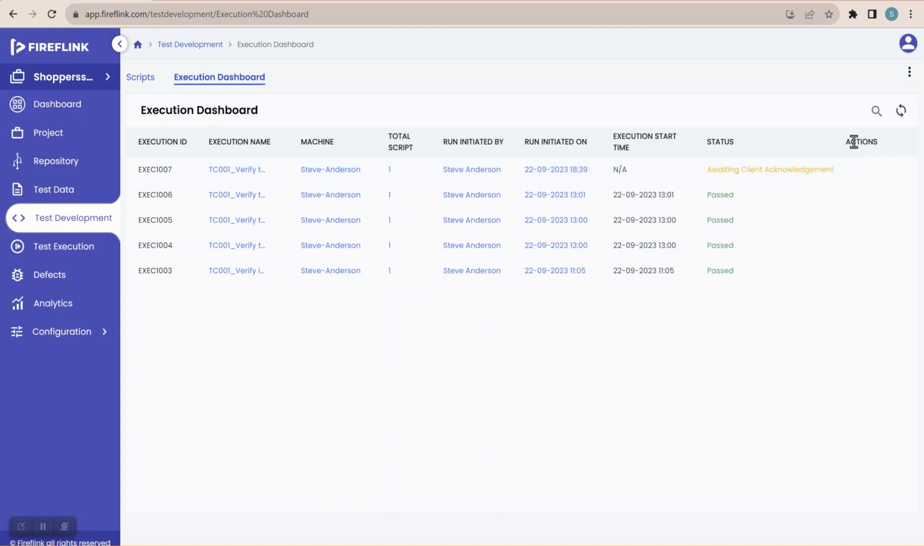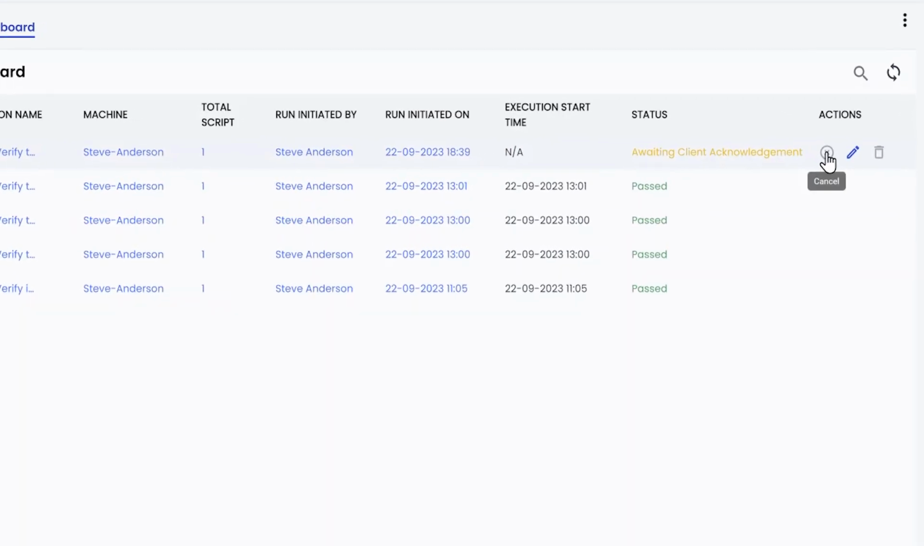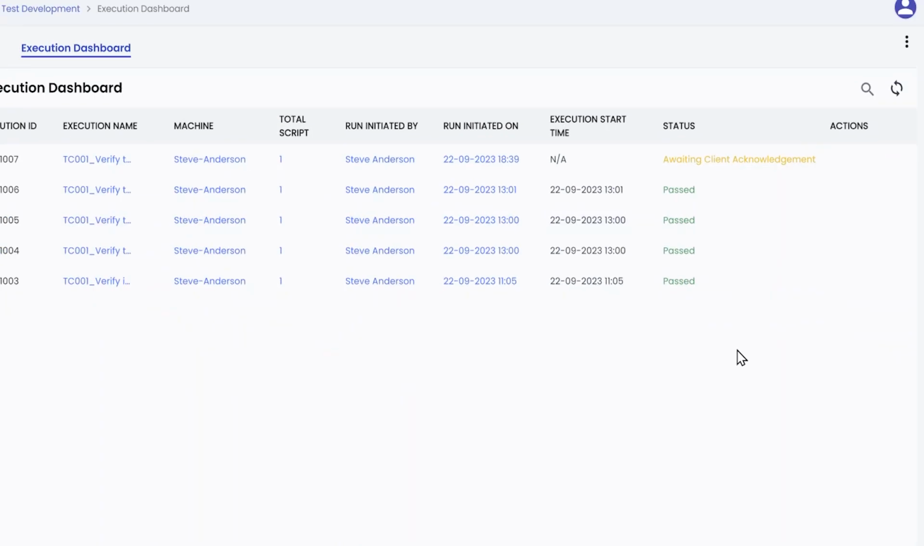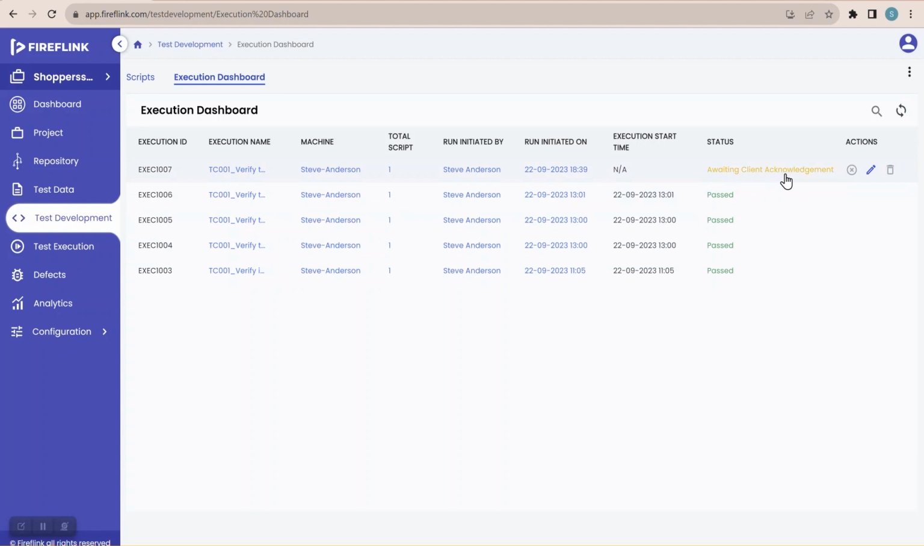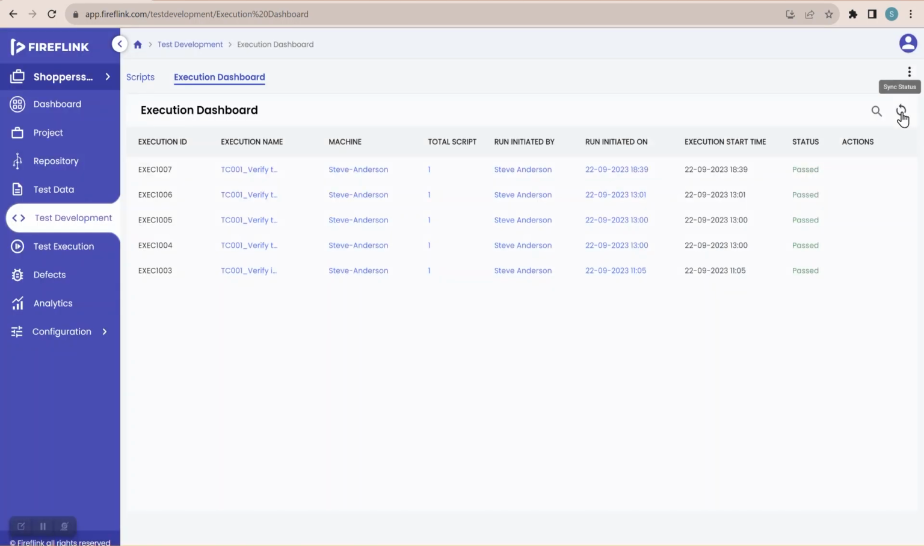So here we have actions. So what are these actions for? With respect to the status displayed, we will get the respective action icons, which we will explore once we explore the different types of status here. Now if you can see, the execution is already over, but still it is saying awaiting client status. Why? Because we have to sync the status. So I'll use this particular sync icon over here. I'll just click on it, which will sync the status